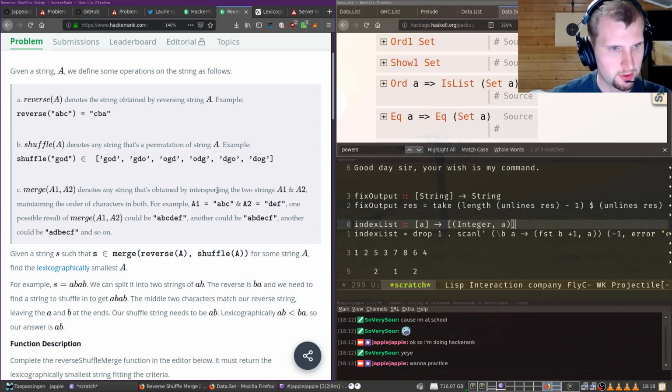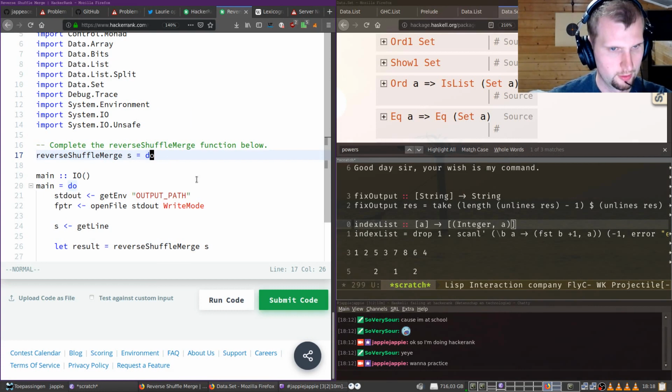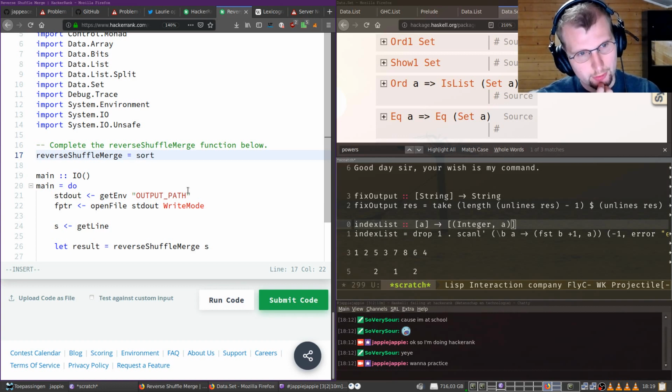Because the shuffle can be all of the things, you just want to sort a string and get rid of all the duplicates. That's the answer, I think. Okay, reverse shuffle merge. The first thing you do is sort. I think we can just do it point-free style. Sort. And then, if there's any double occurrence, then we